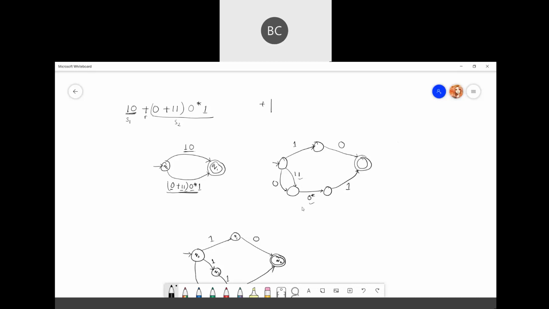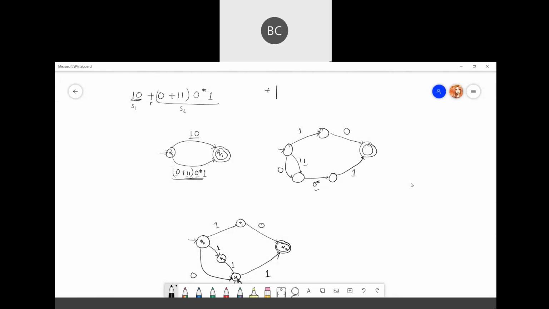I'm simply showing you the simple steps. If you check a book or any other thing, they first convert it to epsilon NFA, then they convert it to NFA. So I'm just giving you simple tricks so that you can do it a bit faster in exams, because in competitive exams you won't get much time to follow each and every step.